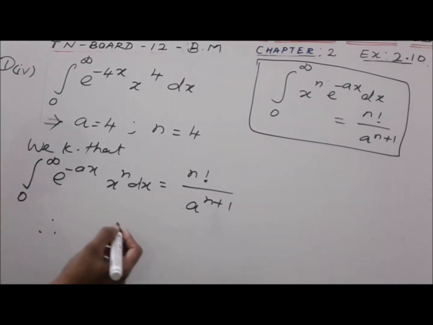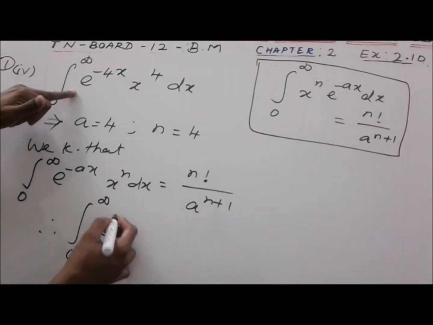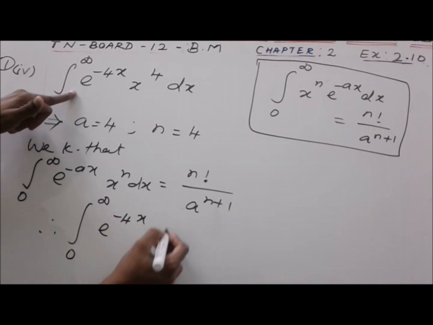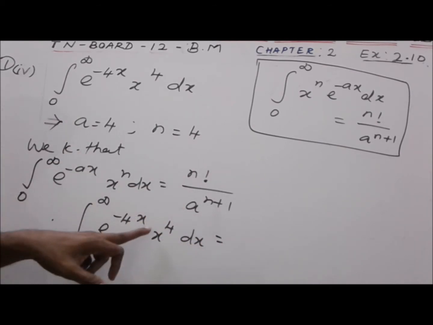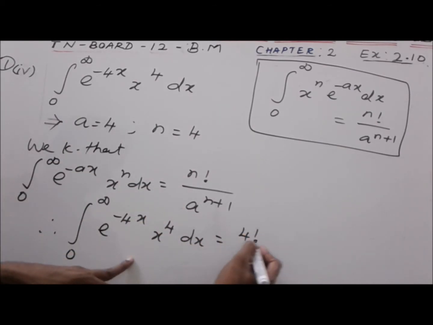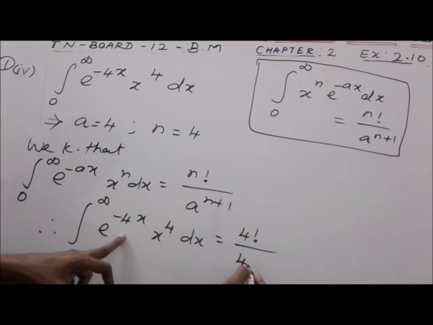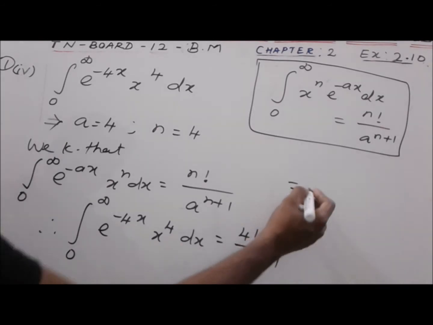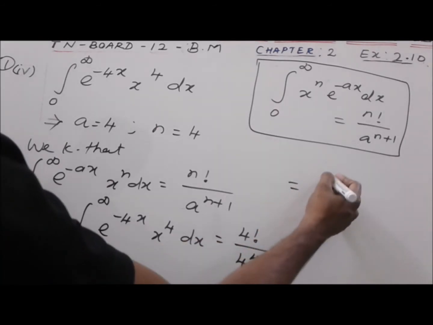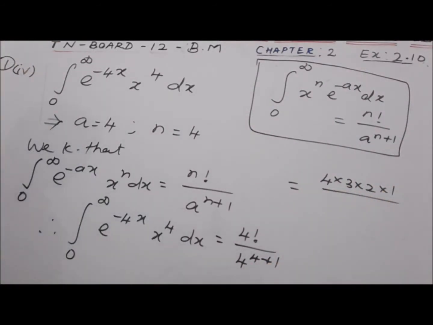Therefore, integral 0 to infinity e power minus 4x x power 4 dx is equal to n factorial, 4 factorial, divided by a power n plus 1. 4 power n plus 1 means 4 power 5, which is equal to 4 factorial, 4 into 3 into 2 into 1, divided by 4 power